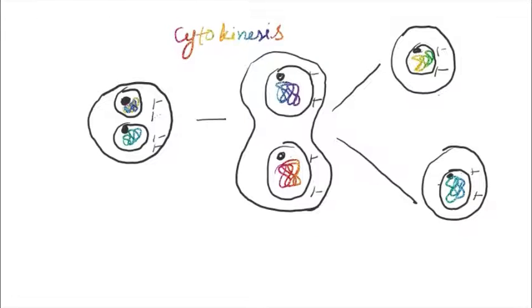Next one, cytokinesis. Here I have given the example of an animal cell. There will be the furrow formation here. You could see the furrow formation. They are pushing from outside to inside, and the constriction happens in the centripetal manner. So at the end, we can get 2 daughter cells with the haploid number.